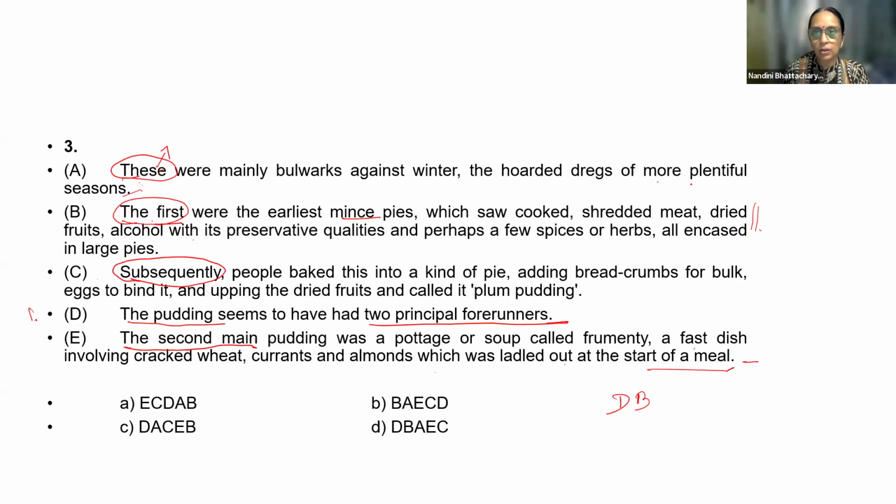It talks about more plentiful seasons. Now, if you look at this, this talks about a whole lot of things. So plentiful could refer to this, right? So A will come after B, followed by E and C. So even if you look at the options, now D is our introduction, so we eliminate A and